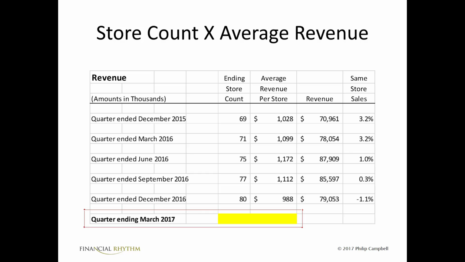And then I just computed, I took the revenues of $70,961,000 over 69 to get the average revenue per store. And I did that for each quarter. So you can see